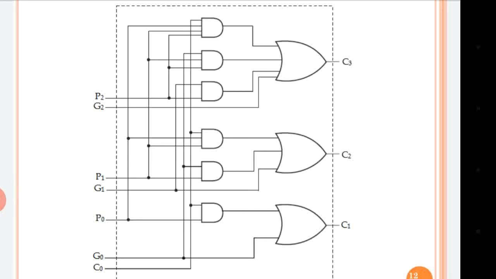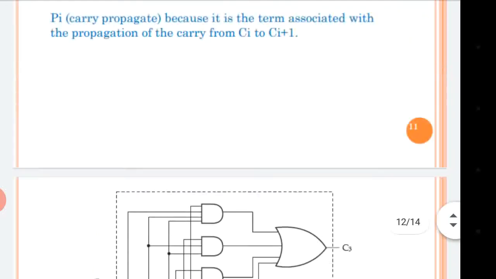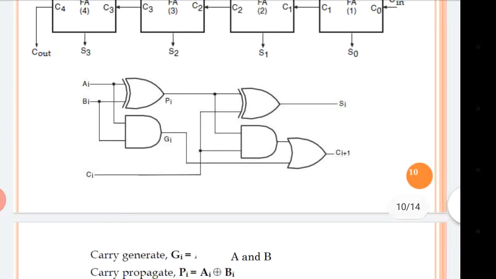Now, even though the number of bits will increase, let us imagine C1 to C20, then C4, C5, C6 up to C20, there will be only 2 level gate delays, because if you observe this, only AND and OR gates you will require if P and G are available. But what are P and G? Carry propagate and carry generate are available after 1 gate delay, because the XOR and AND gates will work in parallel, as they are of the same logic family.